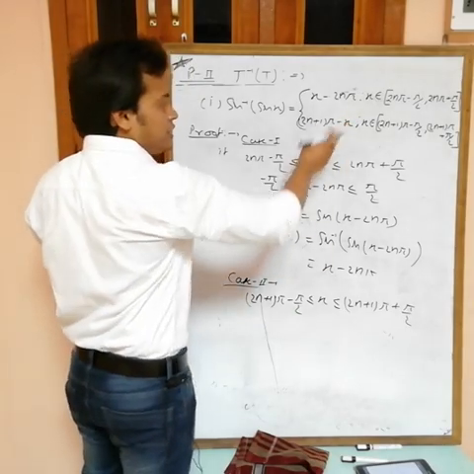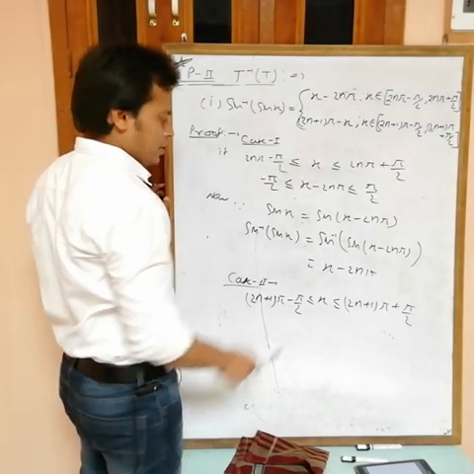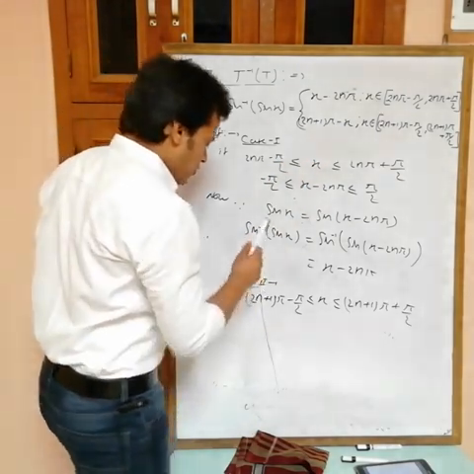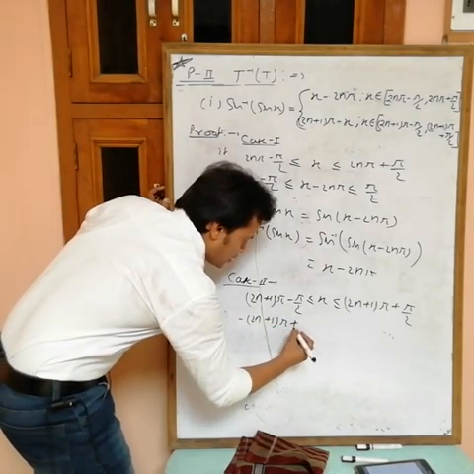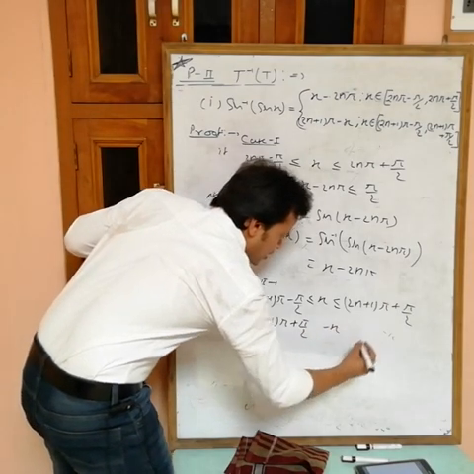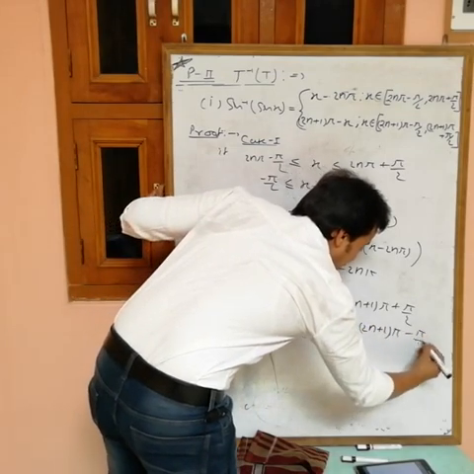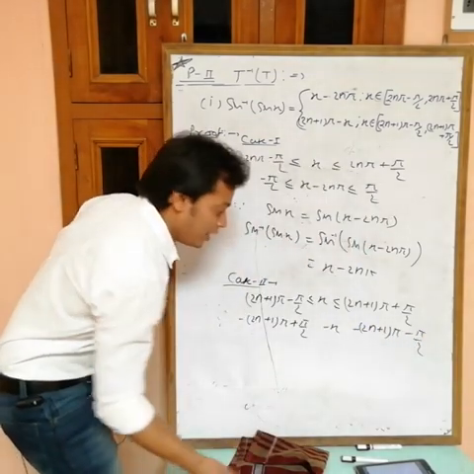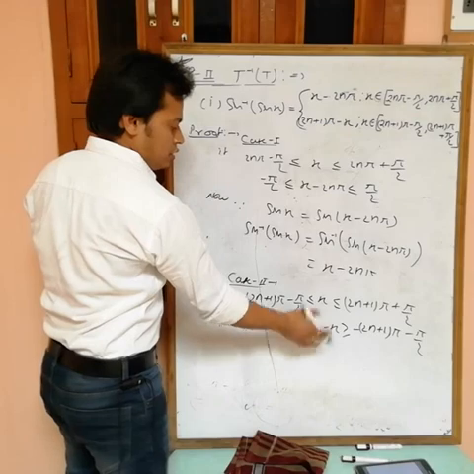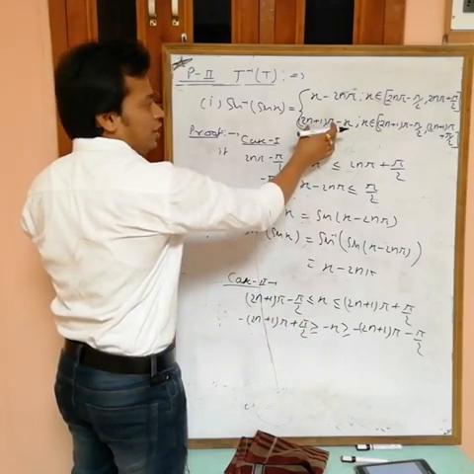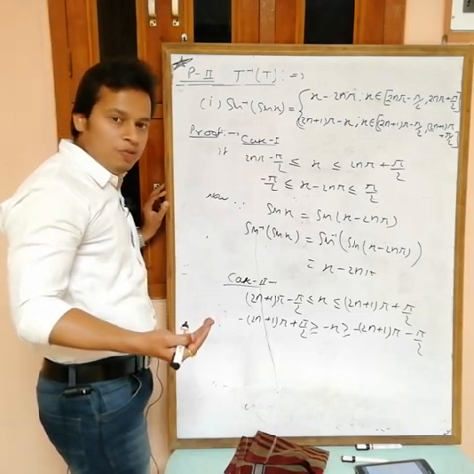So first I have to check whether this is from minus pi by 2 to plus pi by 2 or not. How can we check? Here we have minus x, so first multiply by minus. If I multiply by minus, then this becomes minus (2n plus 1) pi plus pi by 2, here minus x, and here minus (2n plus 1) pi minus pi by 2. Now if you are multiplying by minus, then change the sign of the inequality. Now here minus x is complete. Now I want (2n plus 1) pi, so add (2n plus 1) into pi on each side.